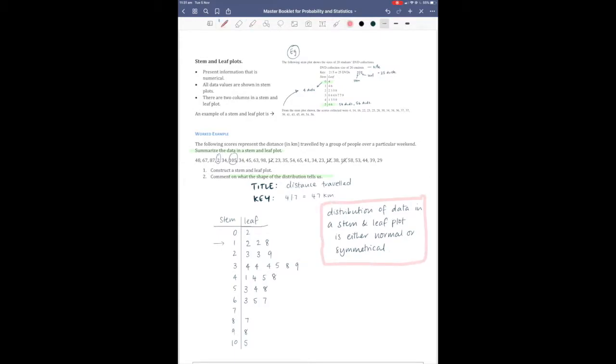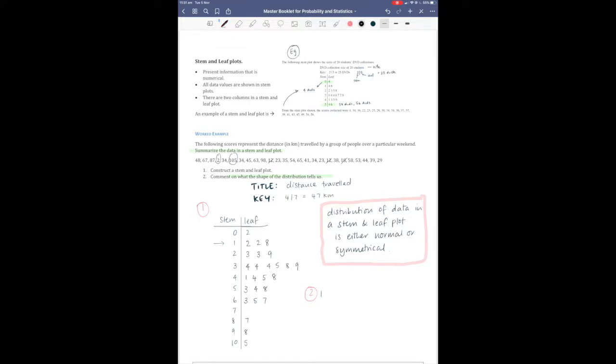So if we're looking at this particular stem and leaf plot, it's definitely not symmetrical. You can see that the data is a lot more skewed to people traveling shorter distances. So most people traveled between the 20 and 50 kilometer mark over the weekend, with only 3 people traveling over 70. So my answer for question 2 would be